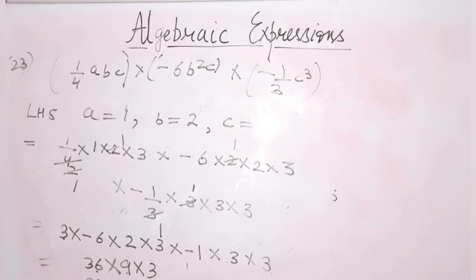I hope you have understood how I have done this. I have simply multiplied all the numerators. Now the left hand side is over, and we have to move on to the right hand side. The answer of the right hand side should also come in the same way. Then only it will be verified.